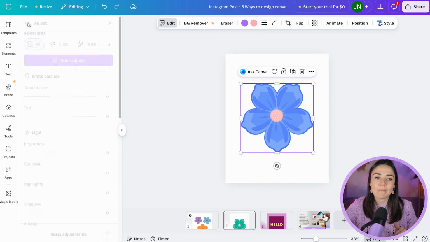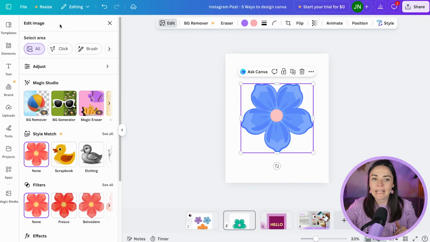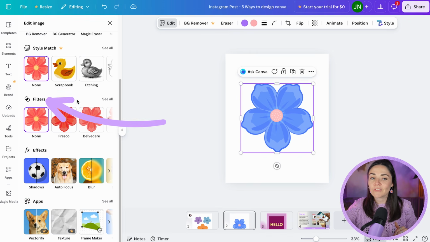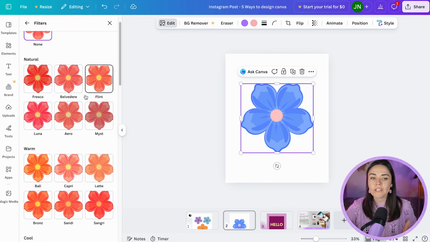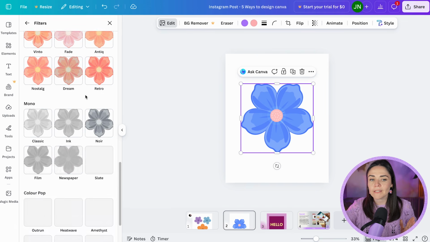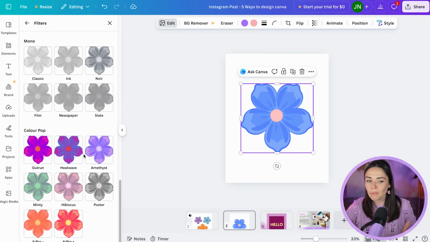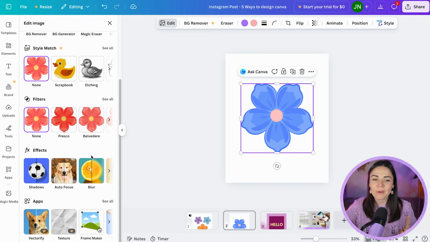Another option, if I just hit back to get back to the main edit image panel, is that I can go to filters here. If I press see all on filters, there are a lot of different photo filters here, and sometimes there's a few that kind of change the color. There's a bit of a purpley or a greeny or an orangey one here that could be useful for you. That one's definitely hit and miss, but the one that I like using the most, if I hit back again,